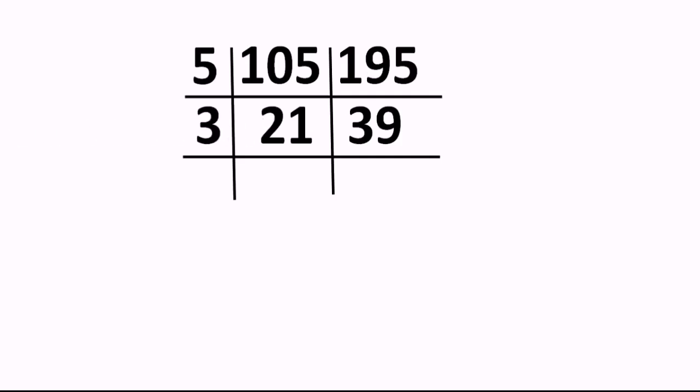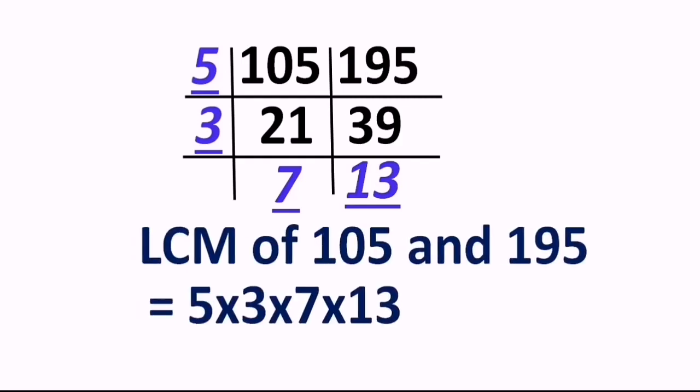Think. Yes, 3, because for 21, the digit sum is 2 plus 1, 3. And for 39, it is 9 plus 3, 12, and both the numbers are divisible by 3. And so when you divide 21 by 3, we get the answer 7, and 39 by 3, we get the answer 13. And now these 7 and 13 at the bottom won't be divided by any other number because they are prime numbers, and that's our end for that LCM method. Okay, so what we get over here presently is 5, 3, 7, 13 as the corner and bottom numbers, right? And in the multiplication we get the answer 1365 as our LCM for 105 and 195.